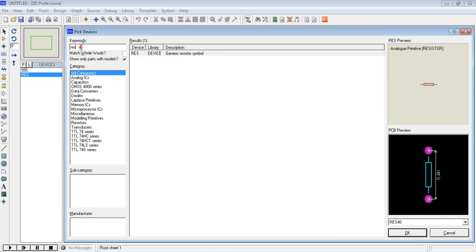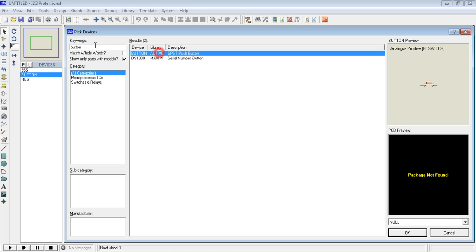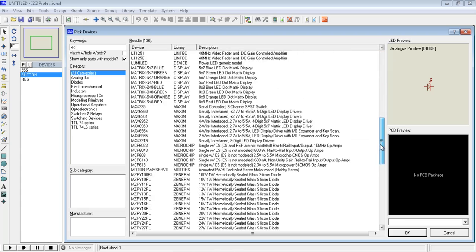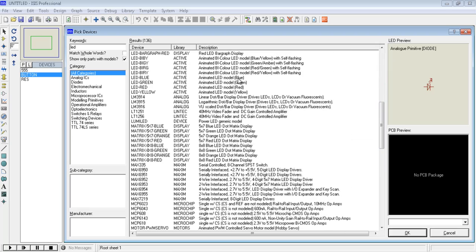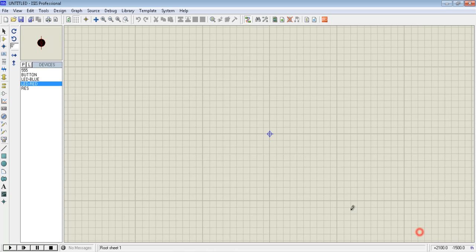Resistors, some buttons, I am going to use LED to show my output. Let me take 2 LED. Okay, so now we are ready.